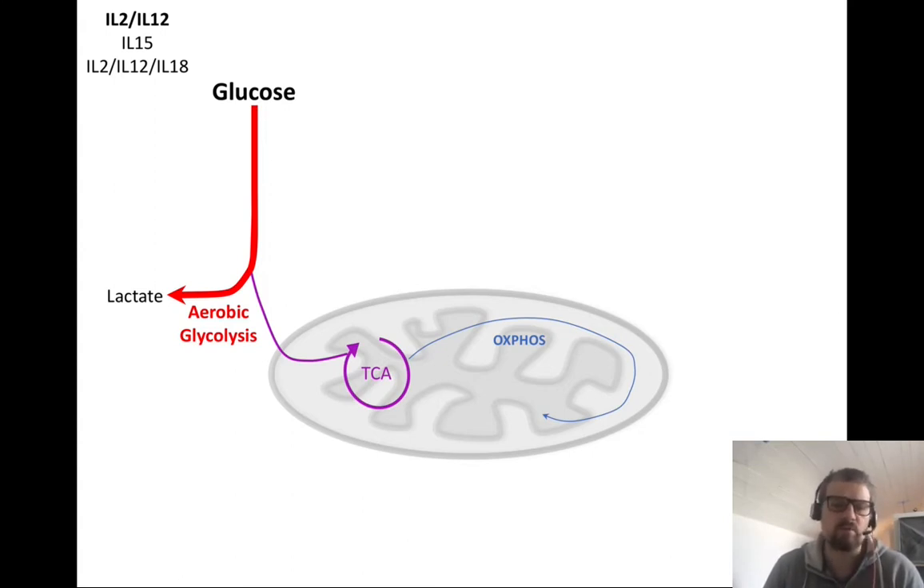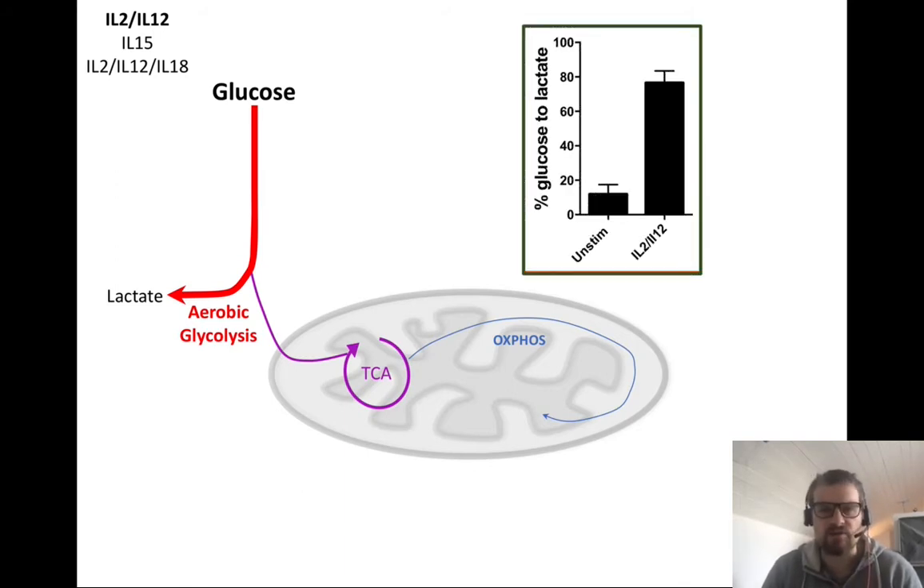So they start taking up lots more fuel, and they metabolize most of this to lactate. I think I mentioned this in the last lecture. So if we do some metabolomics using traced C13 labeled glucose, you'll remember from my lecture on metabolomics earlier in the year,